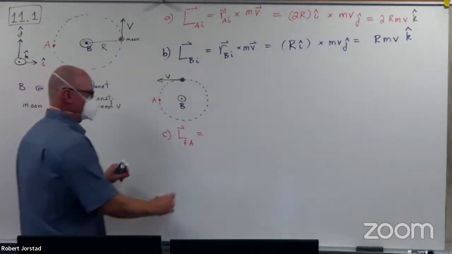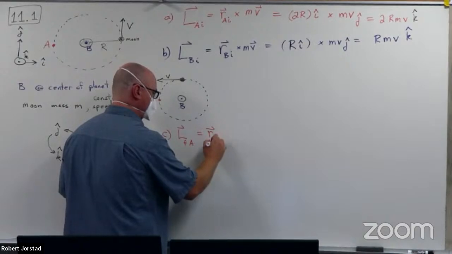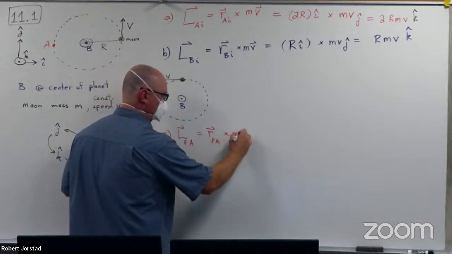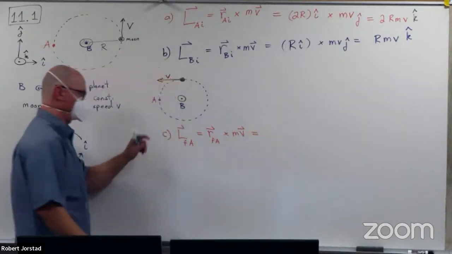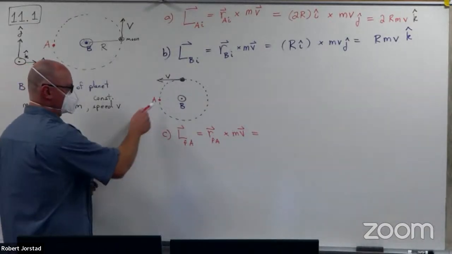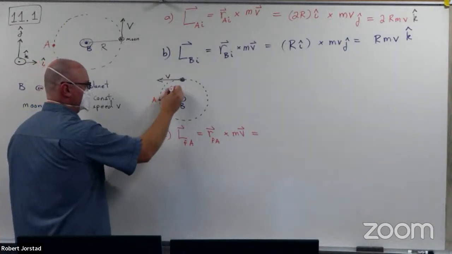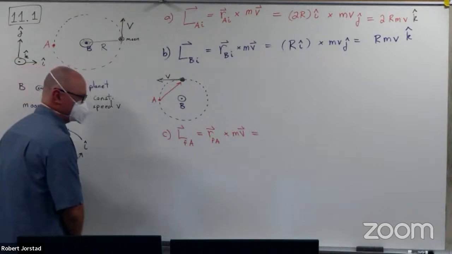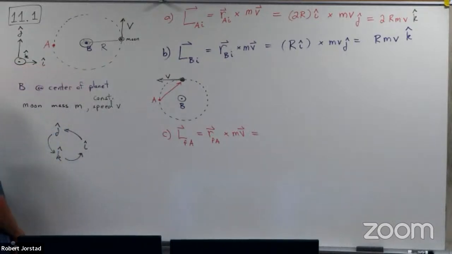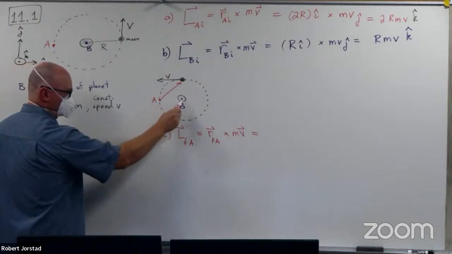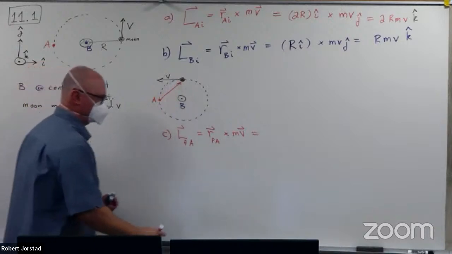Well, it's going to be radius in the final state for A crossed with MV. Well, in the final state, what is the radius vector from A to this point? What is that? How much in the I hat? How much in the J hat? How much do I go over? R. How much do I go up? So it's going to be